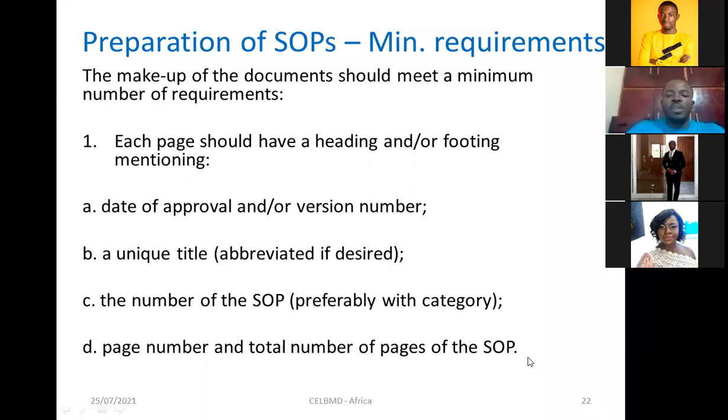The number of the SOP may be prefixed with the category. Check treatment, for example, would be under operations. Other SOPs would be under administration, maybe technical services, others could be under maintenance, others could be under personnel management, such as a recruitment procedure. That's a standard operating procedure for recruitment: what you do from the time a vacancy is determined by the line manager, how it is advertised by the hiring managers, how applications are received, what happens after applications are received until the time the new staff is onboarded. Those are examples.